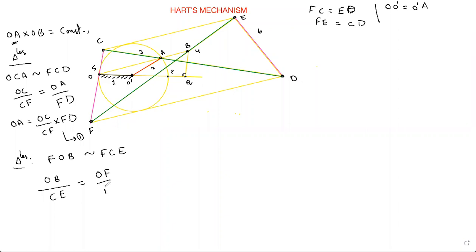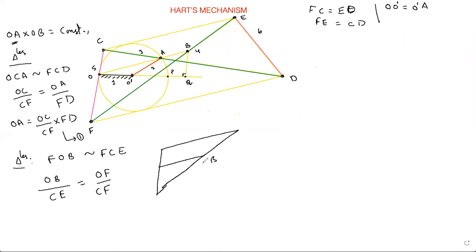OF by FC or CF, right? OF by FC, yeah. So this is about the triangle. If you get confused, just look here. I'm going to reproduce it. I know this feels a little confusing because there are a lot of lines to go on, right? So don't worry, I'll be clearing it.